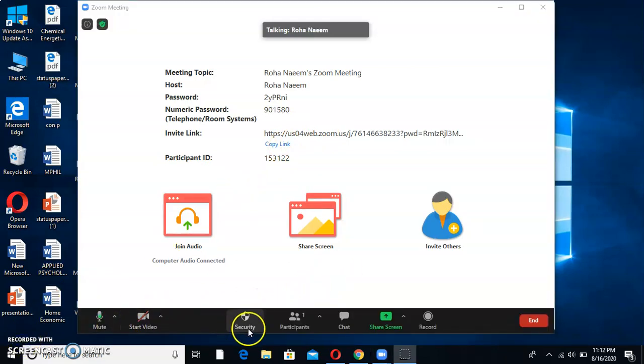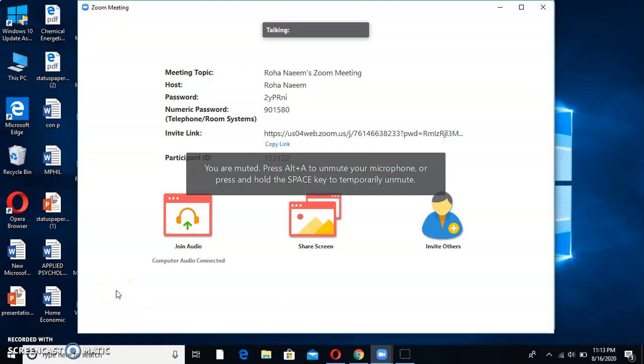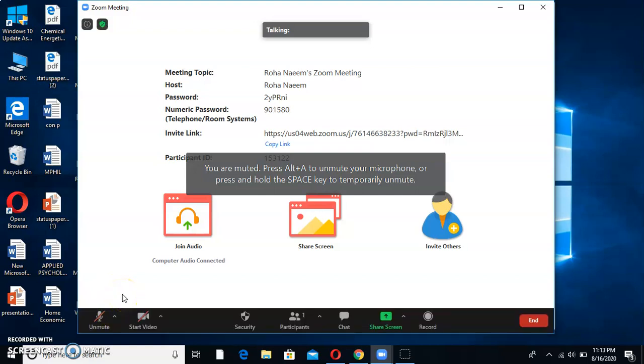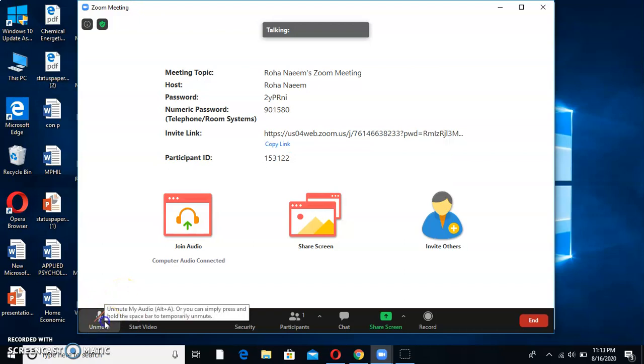Okay, if we look here, there are some buttons, some very important buttons actually. First of all, this is the mute button. This is used to mute your audio. If you click on it, a red slash will appear which shows that now your audio is muted and you will not be heard by anyone in the meeting. Right? If you click again, then your audio will be heard by everyone, and this little green signal shows that my audio is going to the participants. Right? So let's mute it.